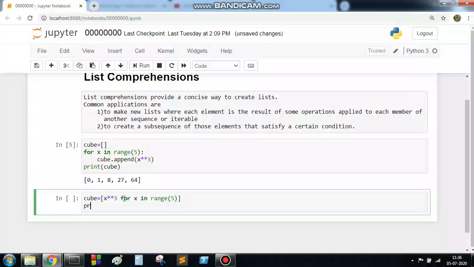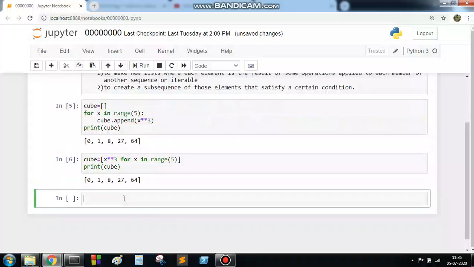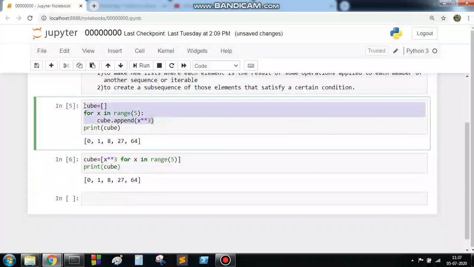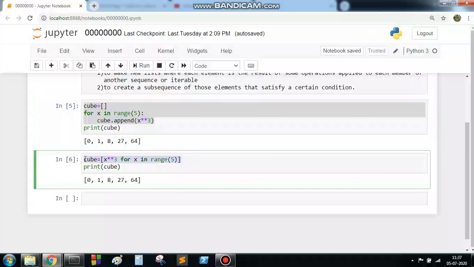If I print the cube, this will also give me the same result, 0 to 64. So these 3 lines of code are concised into 1 line of code, but it gives the same result.